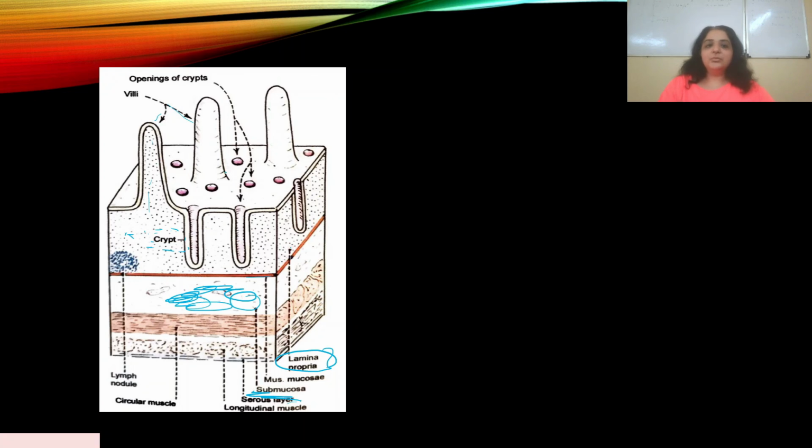Remember, if they ask whether the lamina propria has crypts of Lieberkühn, yes, it does. It even has a lymph nodule. It has lymphoid tissue also. It has the glandular cells also, which are present in the crypts of Lieberkühn. So if a question like that appears, you know the answer. You can see the clear structure, the anatomy and histology of the intestine, through this diagram. So clear, this was direct.